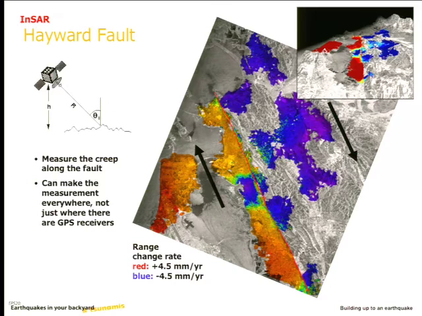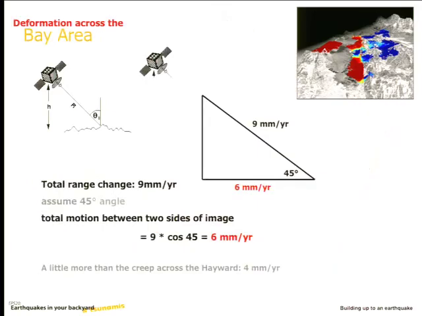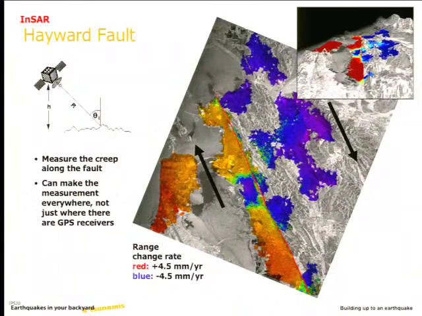Okay, so the question is, what's with the blue section here? Let me come back to it in 1 minute, okay? So let me go through this map, and then I'll come back and we can talk about it. Good observation. Okay, so there's a total of 9 millimeters per year across this whole section, across the Bay